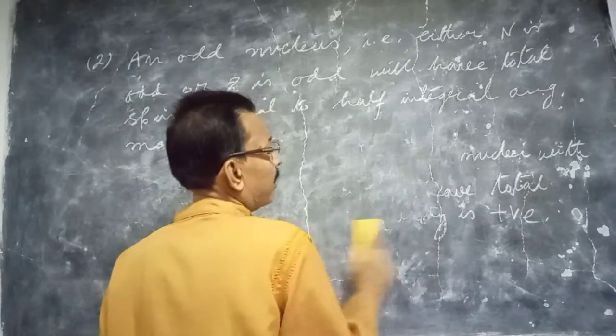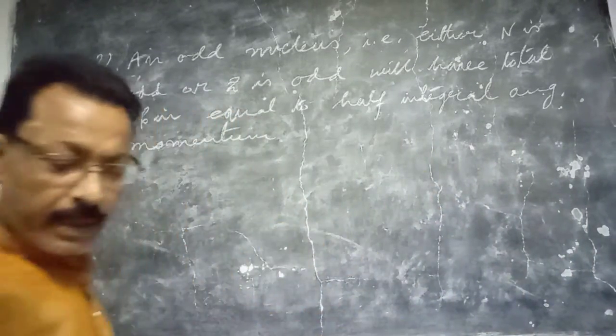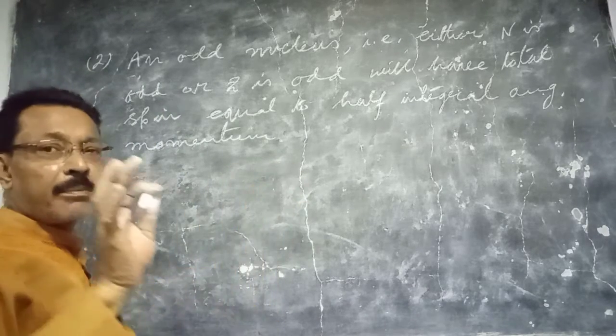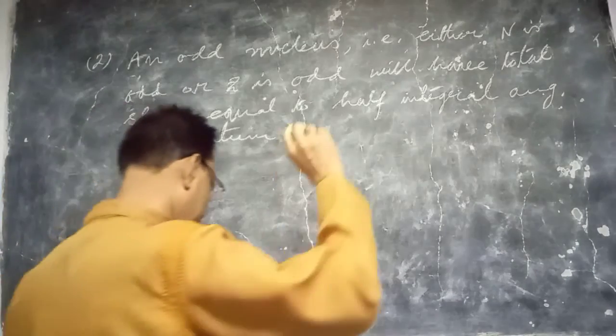Then J will be either L plus S or L minus S, because the ground state spin and parity will be completely determined by the single unpaired nucleon, and the parity is